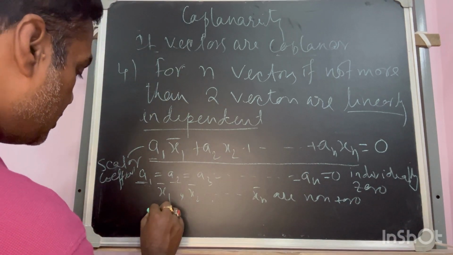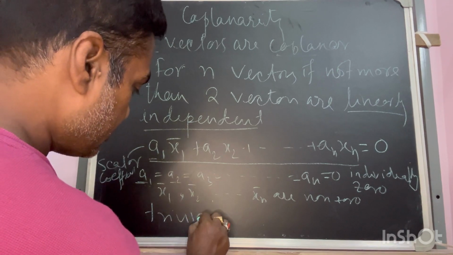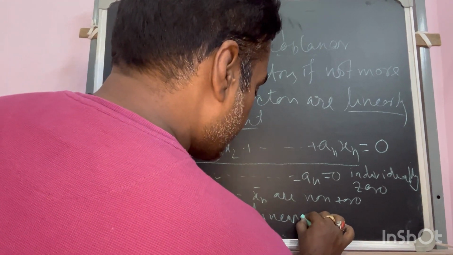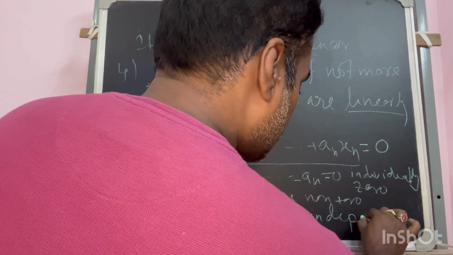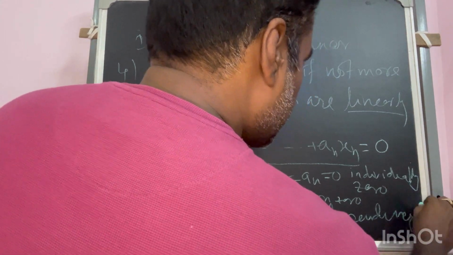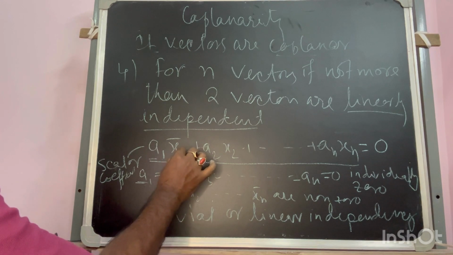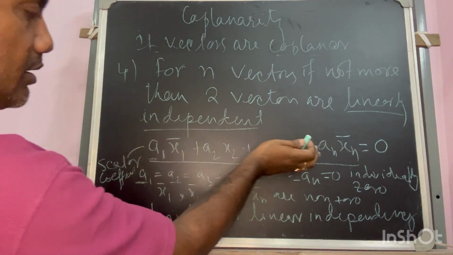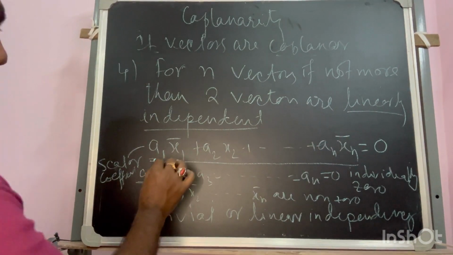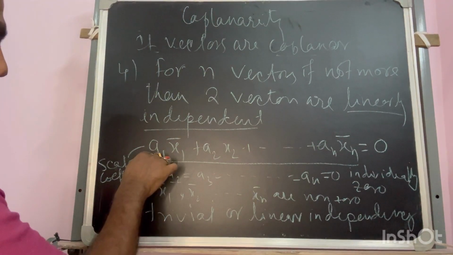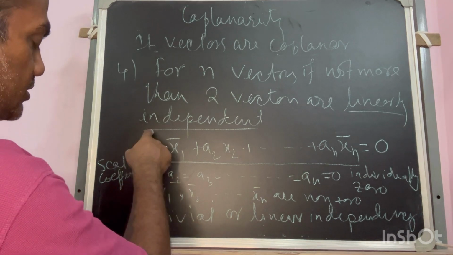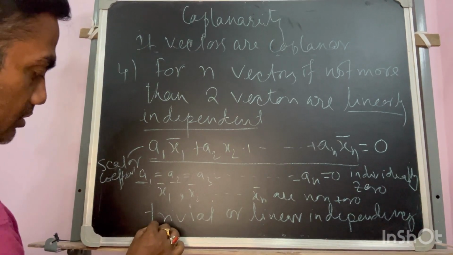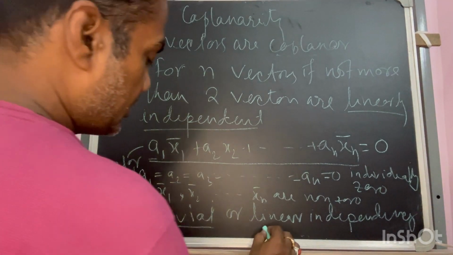Then this condition is called trivial or linear independency, you can say. So let me explain. If all such vectors x1, x2, x3 up to xn can be combined in a linear form and the resultant is equal to 0, and all the scalar coefficients, which have only magnitude, not direction, are individually 0, then this is called the trivial condition,